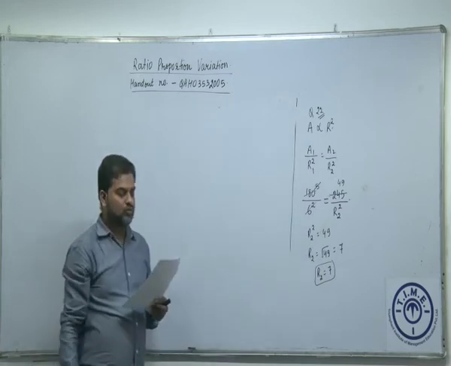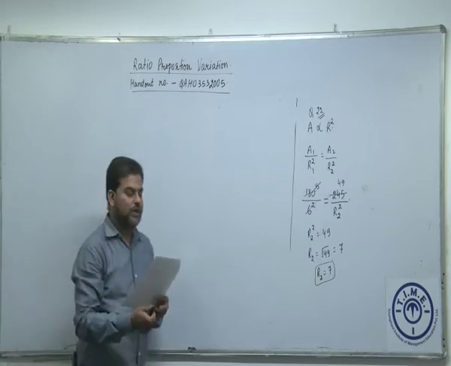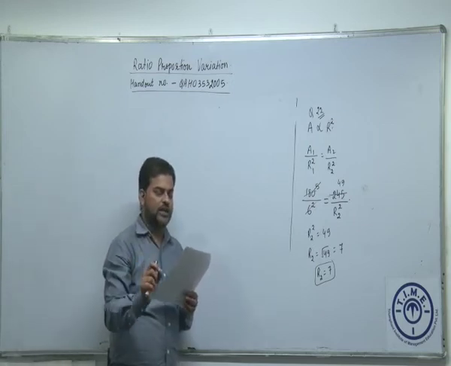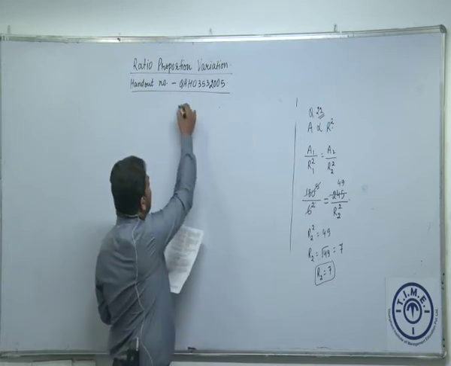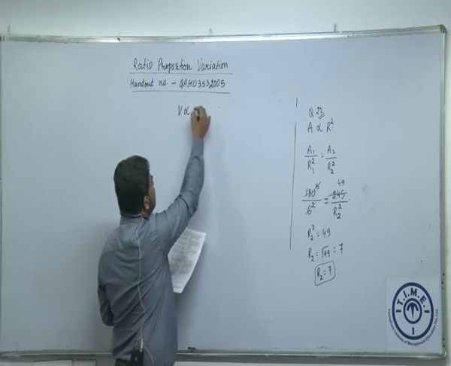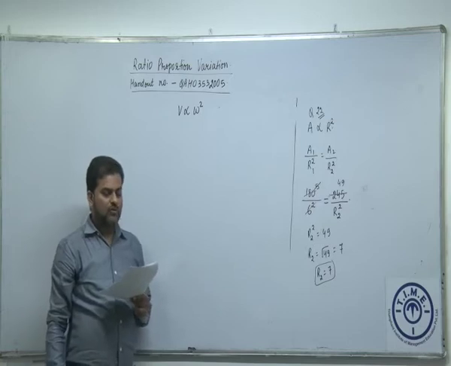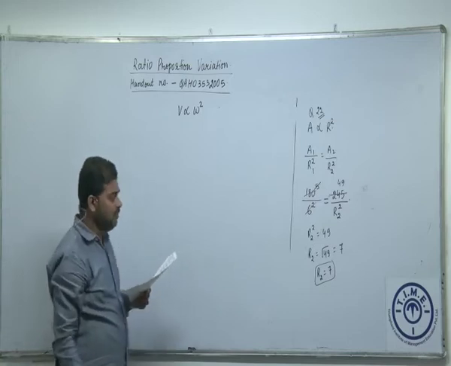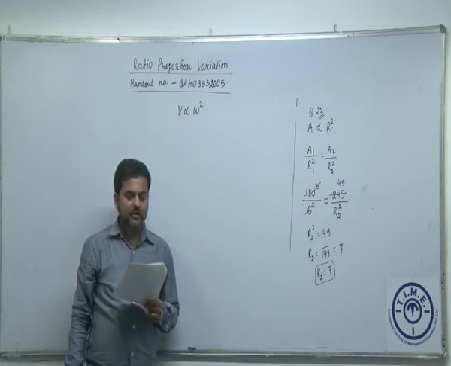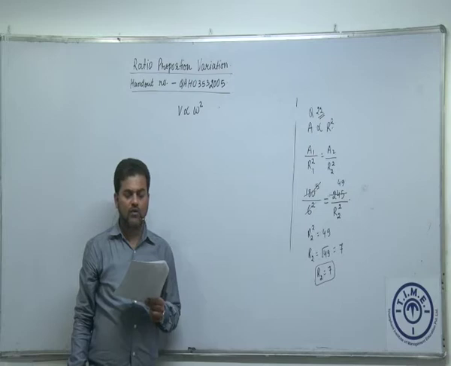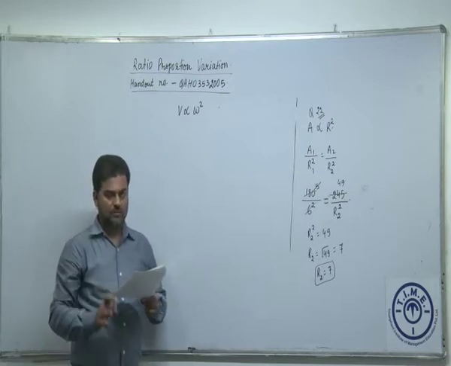So it is 2:3:5. The value of the diamond is proportionate, again proportionate means directly proportionate, to the square of its weight. So value of the diamond is directly proportional to the square of the weight. V stands for value, W stands for weight. If the value of the original diamond is 20,000, then what is the loss in the value due to the breakage? We have to find the loss in the value due to the breakage.